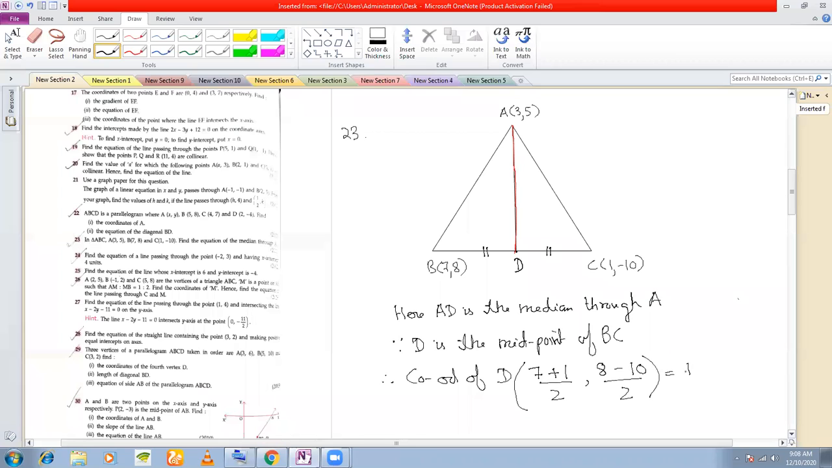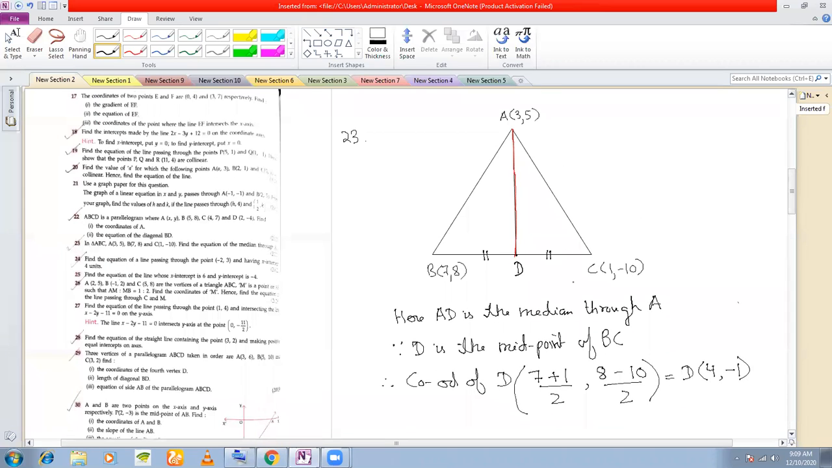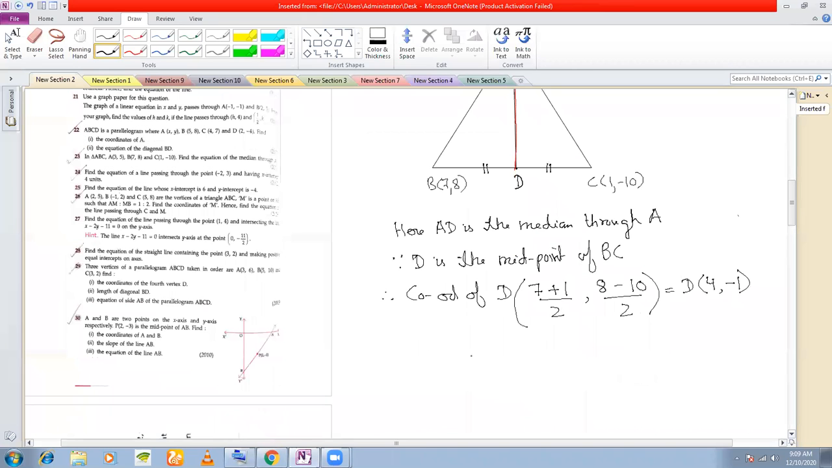So this is equal to D: 8 by 2, which is 4, and 8 minus 10 by 2 minus 2 by 2, which is minus 1. So this is D. So you have got the coordinates of D and also A. Therefore, the equation of AD will be,